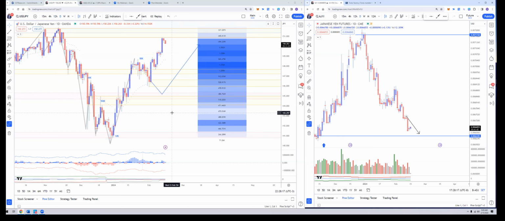If the US dollar is strong, it will be bullish against other currencies. If the US dollar is weak, other currencies will be bullish against the US dollar. Simple. So let's take a look at this one. This one also was minus 75. They are kind of extreme, not super, but kind of extreme. Now they are minus 72.